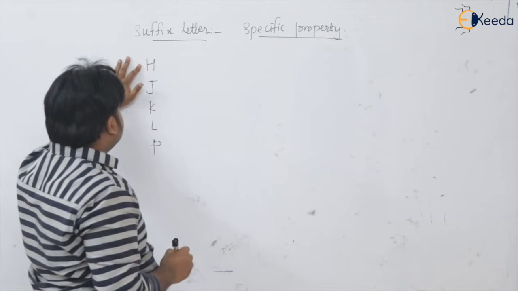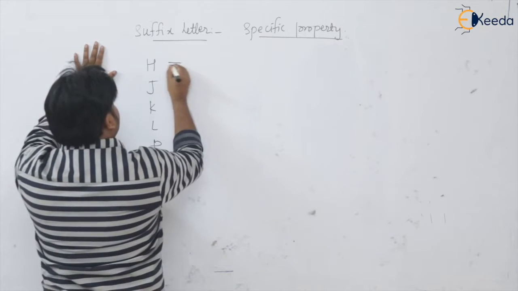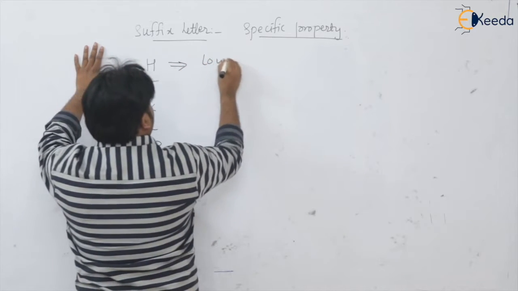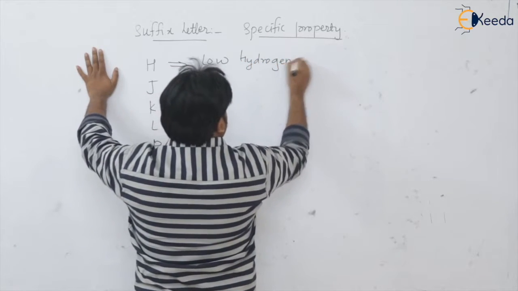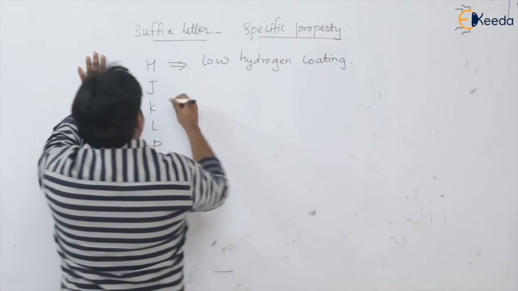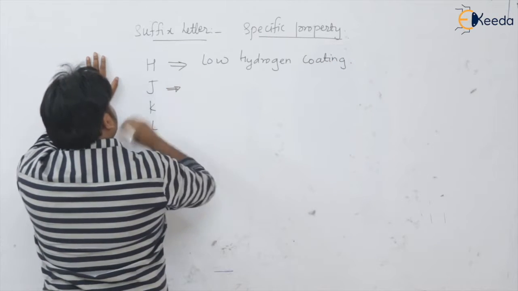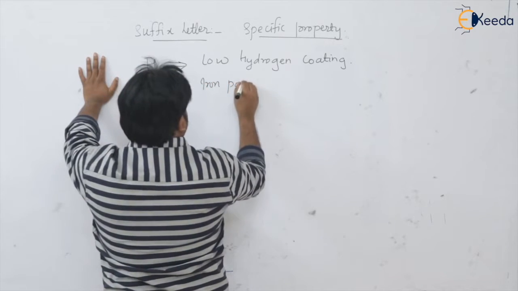The letters are H, J, K, L, P. H is used for low hydrogen coating. J is used for iron powder coating,